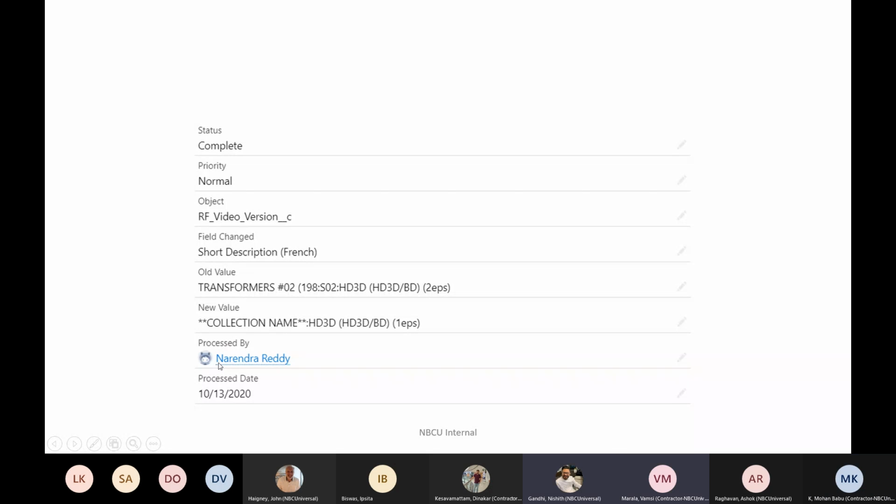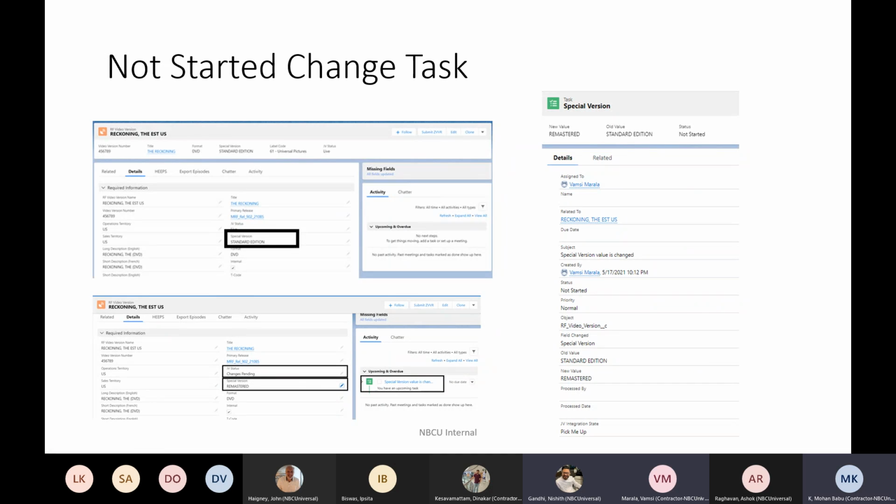Can I ask you another question before we move? Yeah. Let's say I updated the date to 1/1/2021, and we are tracking that change task as not started. Now let's say I changed it again from 1/1/2020 to 2/1/2020. Is it going to create a different task and close the first task, or the same?